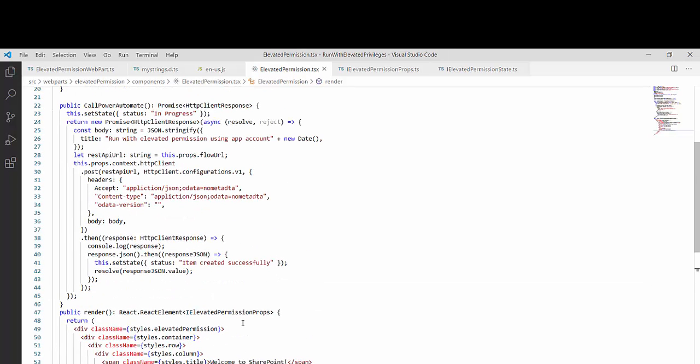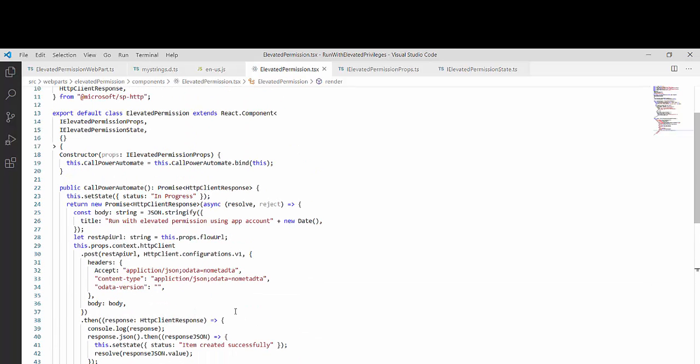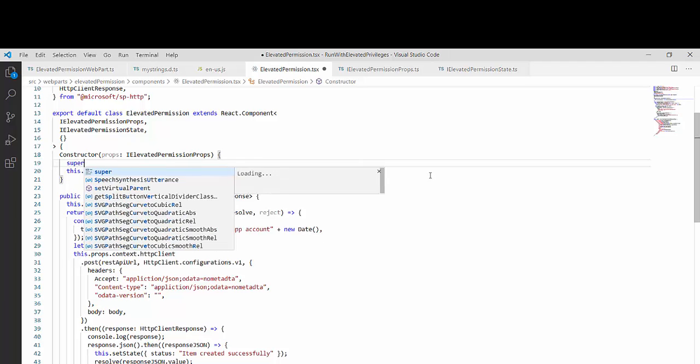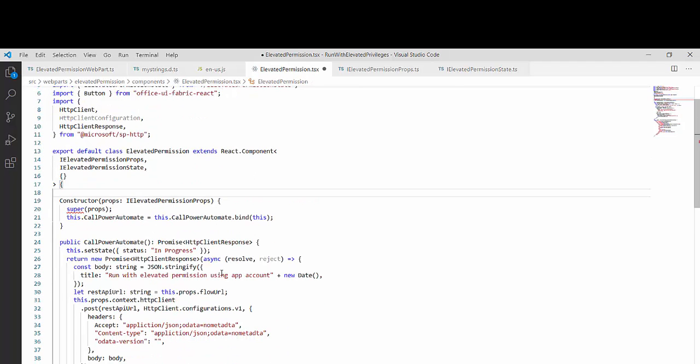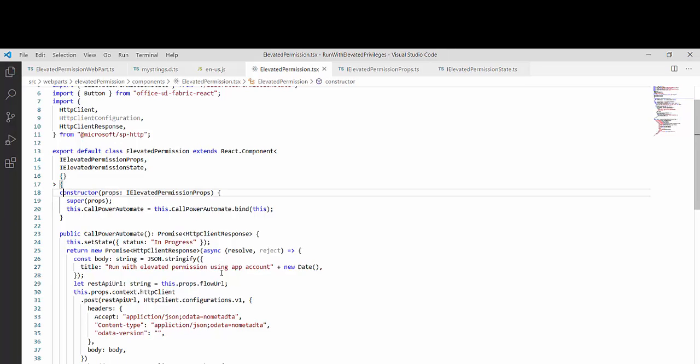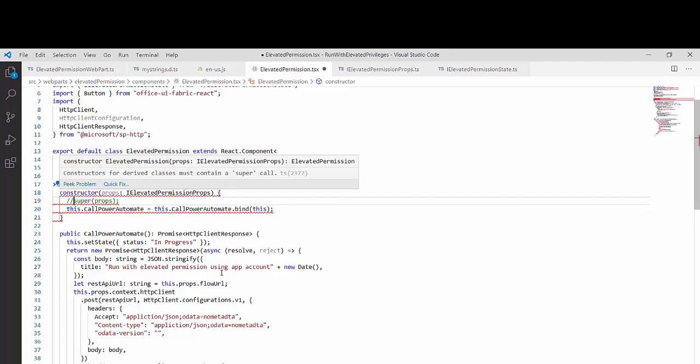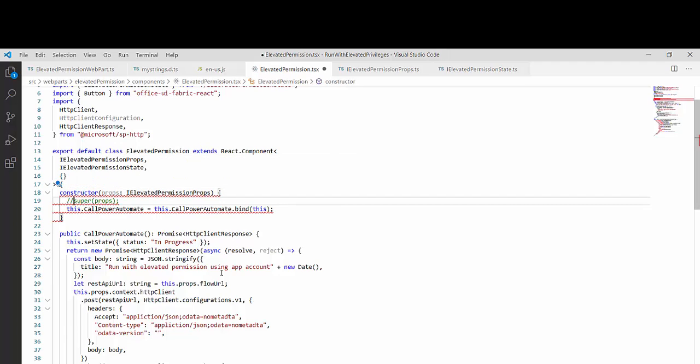So I have created everything. What I'm left with is initiating my state inside the constructor. So this is my constructor. I will call the parent constructor also. Yeah, my constructor C will be small. So I've called my parent constructor, otherwise it will give me an error. I was wondering why it is not giving me an error. Actually my C was capital, so I call my parent constructor, I binded my function.